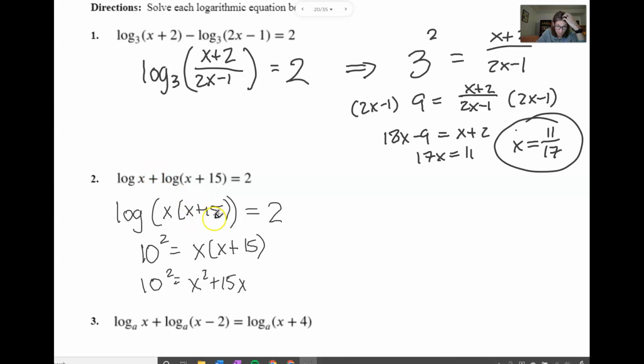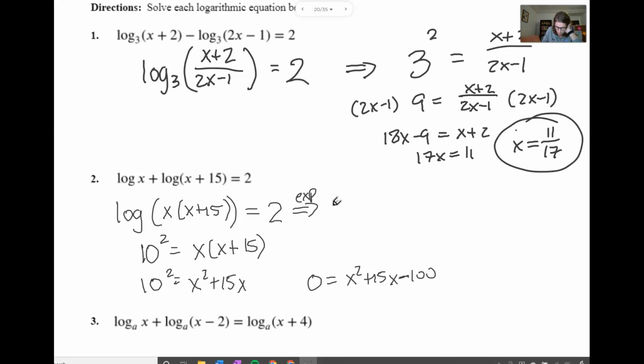Addition leads to multiplication inside the log. Log, even though we can't see the base, is 10. So we turn it into the exponential form. 10 to the power 2 equals x times x plus 15. This is quadratic. 10 squared is 100, so moving things over, we get 0 equals x squared plus 15x minus